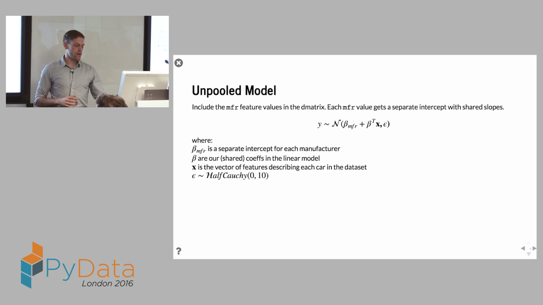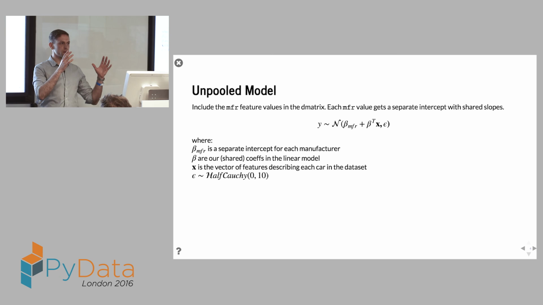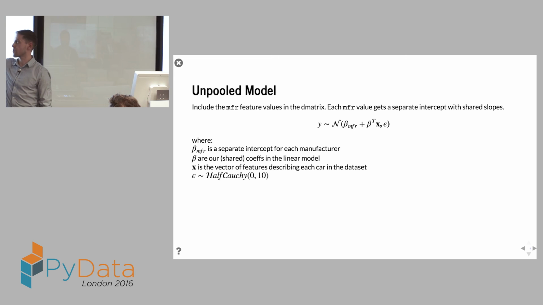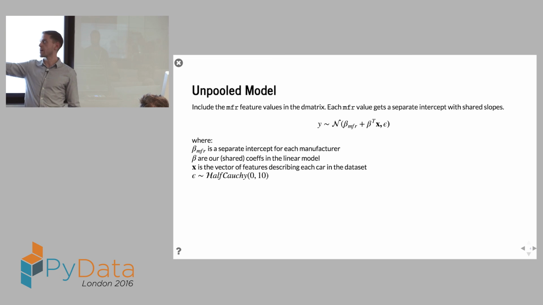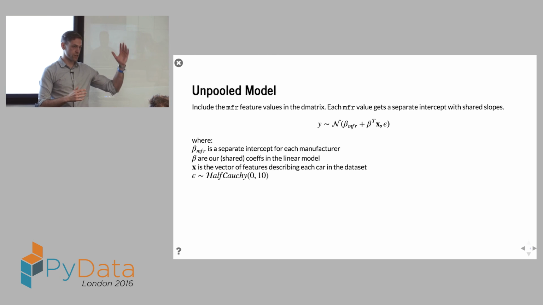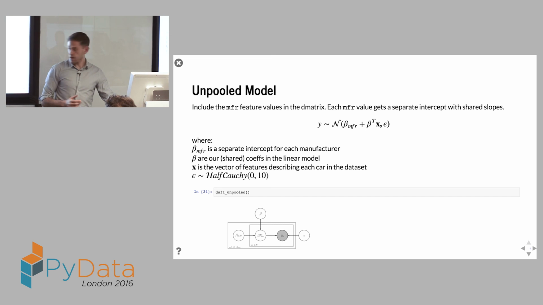So now, I won't take too long going through these. We've seen the pooled model, which ignores the manufacturer. Clearly, that's no good if we want to call out which manufacturer is more emitting. The unpooled model, this is one version of that, where I put the manufacturer value onto the intercept. There's also a fully unpooled version, where every manufacturer gets their own entire model, which is basically the same as dividing up the data set completely into the 38 manufacturers and doing 38 separate regressions, which again is fairly pointless.